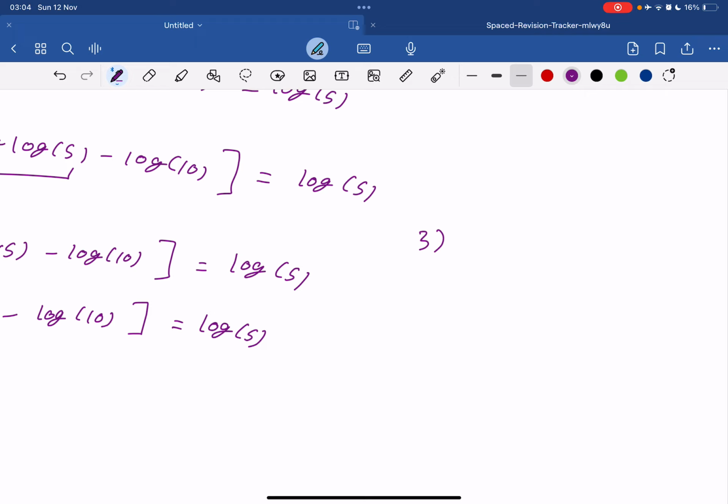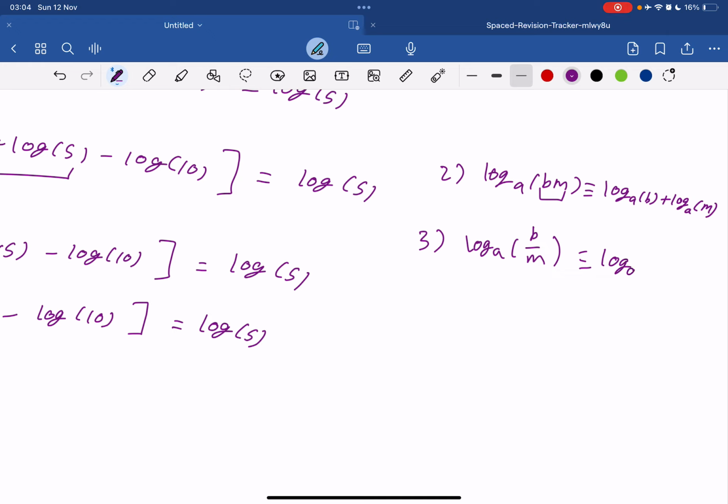As you probably can tell, it's the inverse of the log law of multiplication. So with the log law of multiplication, it was like this. With the log law of division, instead of the value being multiplied, it's being divided, and that leads to not addition but subtraction. So you should try to relate these laws together for memory aids, is my opinion on this. It really helps you to establish